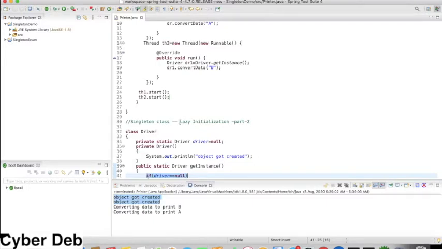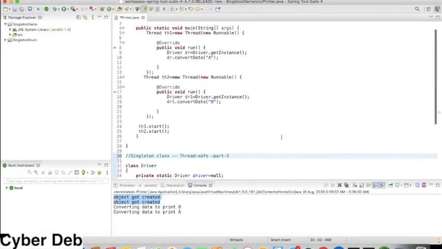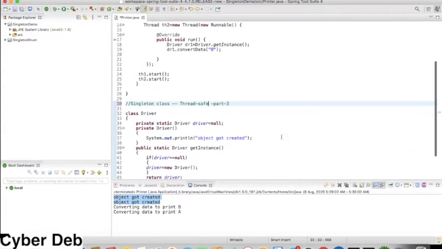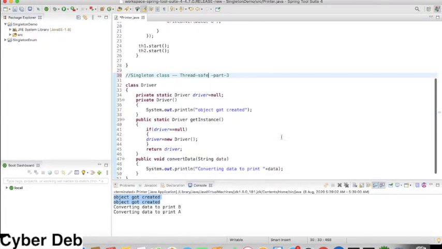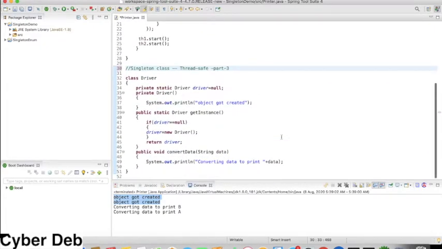That we can do with the help of thread safety. We can make it thread safe. That is the best way to make it singleton again. How is it going to be achieved?